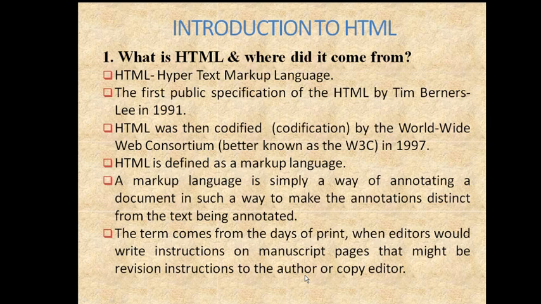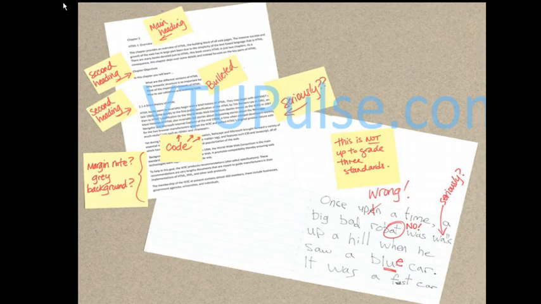For example, we have an image here. This manuscript page is written by an author, and for final submission it goes to an editor. What that editor does is make notes, these yellow notes, and in them he has written in red text that this particular line has to be a main heading, this particular line has to be a second heading, this has to be a second heading, and these 4 lines should be bulleted.